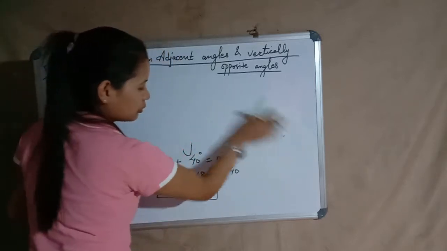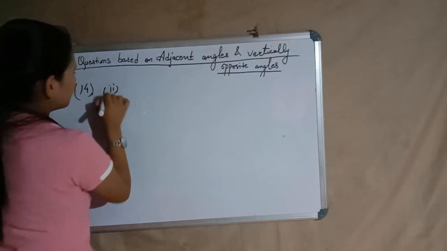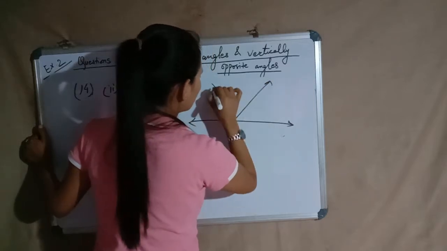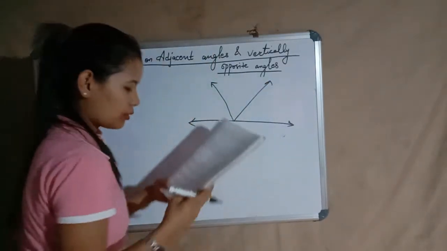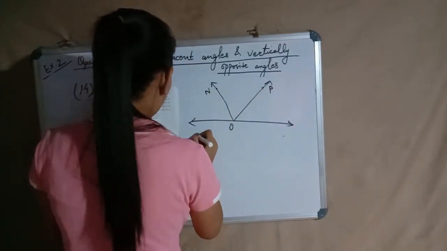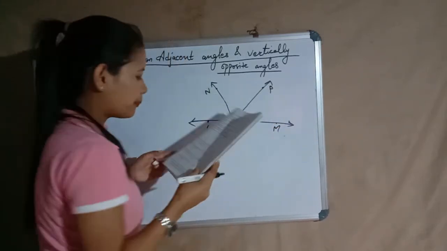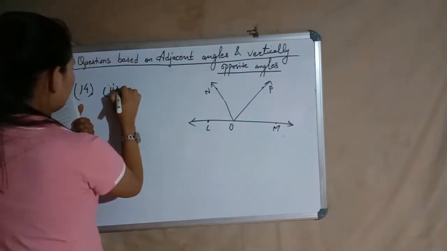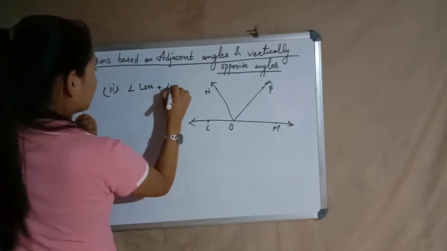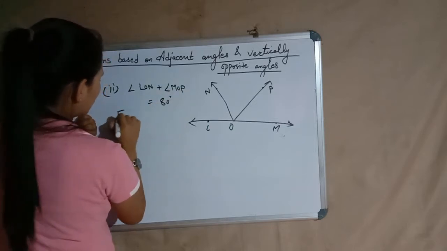This is question number 14, part 2. Okay, so I have a figure there involving 3 angles. Okay, we are talking about 3 angles here. So it's O, N, this is P, and this is L, and this is N. So the given fact is angle LON plus angle MOP is equal to 80 degree, and we need to find